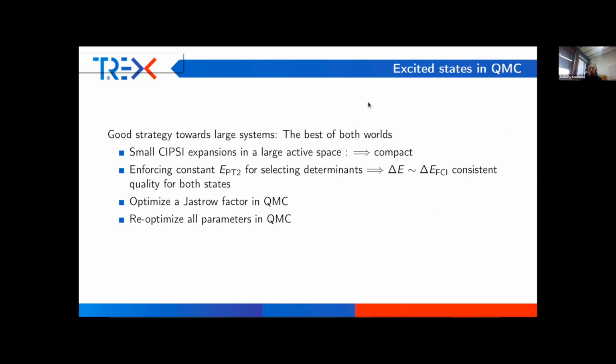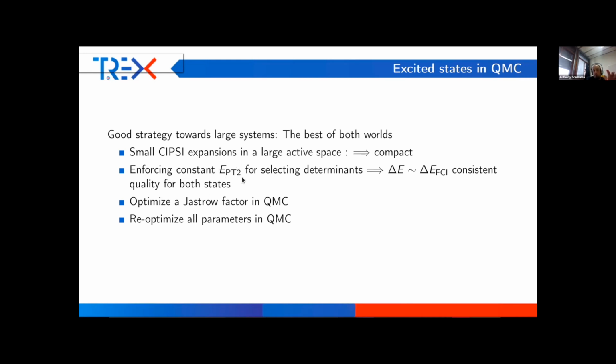Okay, so the work we're doing with Claudia usually is to optimize excited states for large systems. What we call large systems is systems with, let's say, 15, 20 carbon atoms. So what we usually do is a small CIPSI expansion in a large active space. This is a way to select a relatively small number of determinants and to have a wave function that is compact. When we do this selection of determinants, we enforce a constant